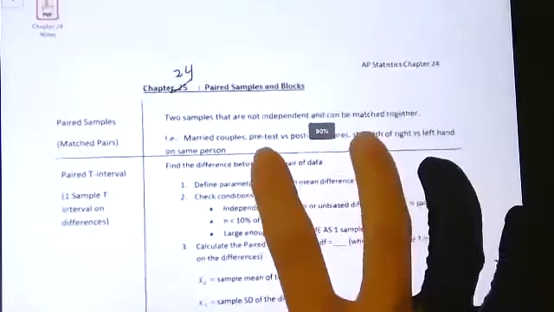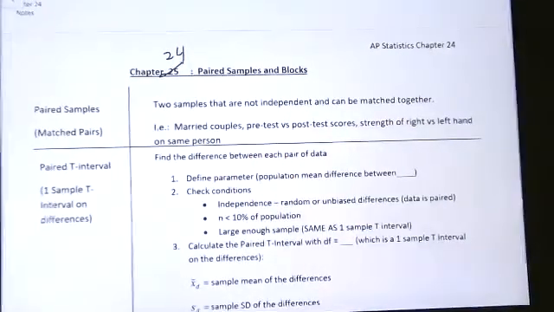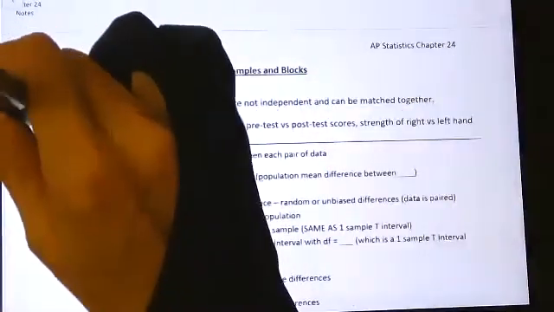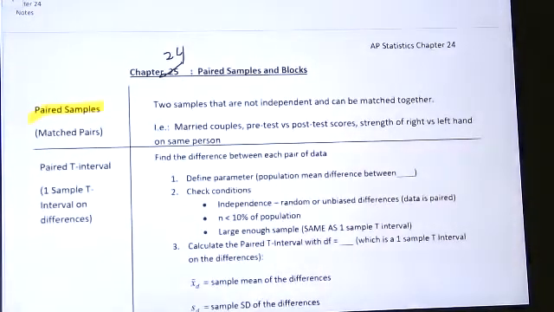Okay, so chapter 24 is still inference for means. Inference means confidence intervals and significance tests. And we're still doing means, but the caveat on chapter 24 is, well, what if we have two samples, but they are obtained by pairing? So that means we either have a matched pairs experiment, where you have the same person doing the experiment twice with two different treatments, or maybe you pair people up in your experiment so that two people that are similar to each other are paired.